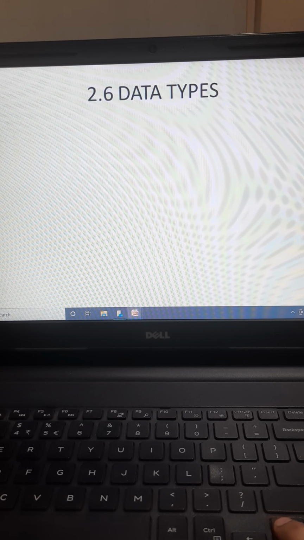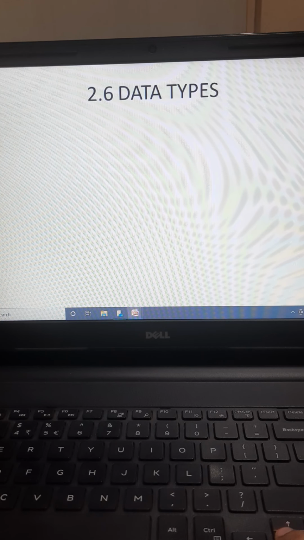Now knowing variables and identifiers, we will move on to the next topic, which is the data type. Now what is a data type? You have seen that I have explained to you about radius. If one user gives radius as 7, another user may give it as 10.5.